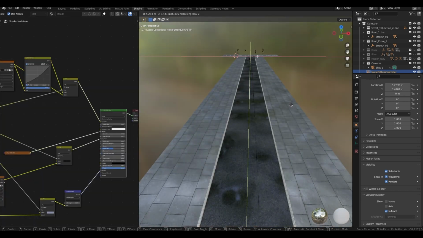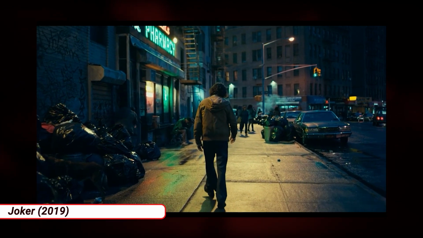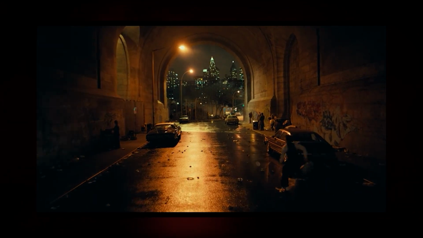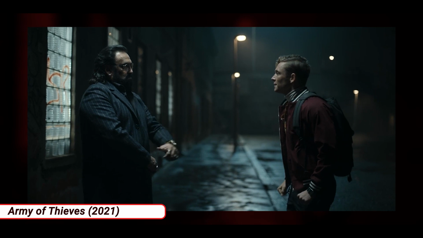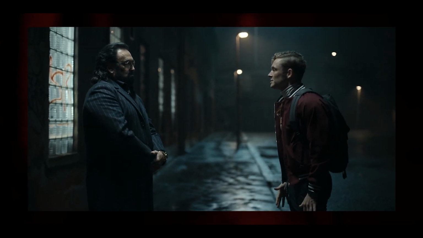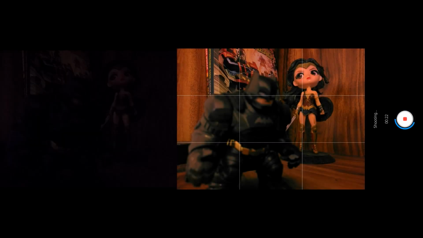So how exactly do we light our night outdoor scenes? When it comes to lighting at night, it is more of an artistic approach rather than a realistic one. Like I said earlier, moonlight is not enough. Why do you think there's a night mode option available in most modern smartphone cameras? You need to give the camera enough time to grab every light it can so that it can produce a